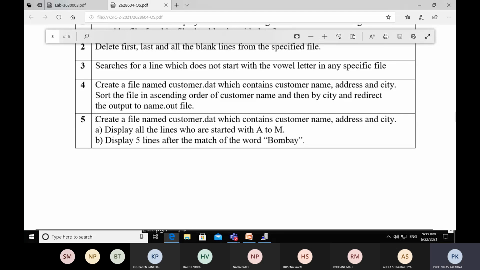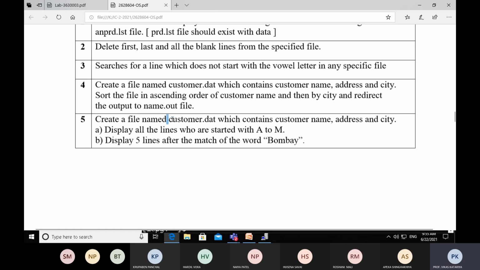Now let's understand question number 5, what it tells us. Create a file named customer.date. Again, question number 5 tells us we have to create a file customer.date which contains customer name, address and city. We have already created it in the previous question, so we can directly use the same file.